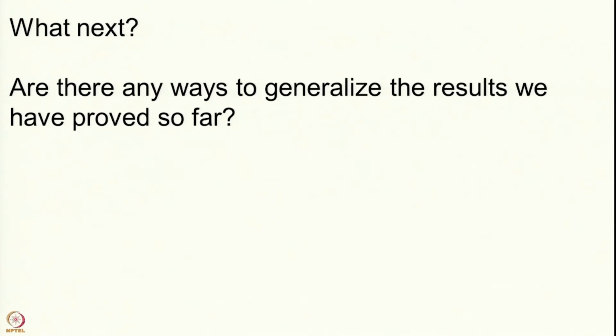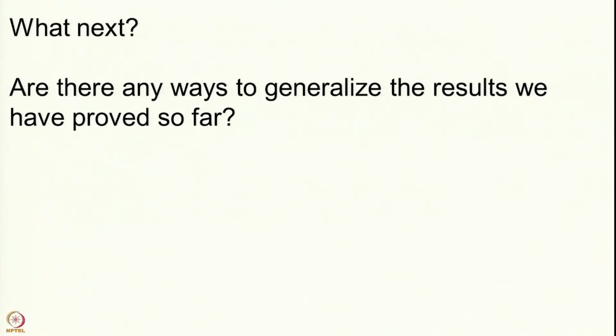After having proved Lagrange's theorem, which is a very beautiful theorem proved by Lagrange in 1770, I must remark here that another mathematician by name Bachet had stated this as a possibility in 1621, and about 150 years later Lagrange proved this in 1770. Surely any such beautiful result must inspire more research in mathematics. So, one would ask what next? Does it lead to anything in further directions? And there are indeed many directions.